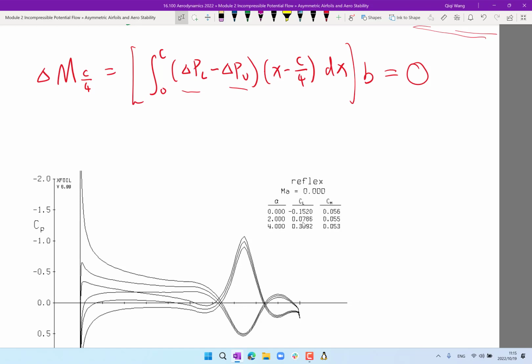For example, let us focus on the 2 degree angle of attack. And the question is, given the definition of CL and CM, let me just rewrite it down. CL is equal to the lift divided by half of rho u infinity squared times the chord times the span,